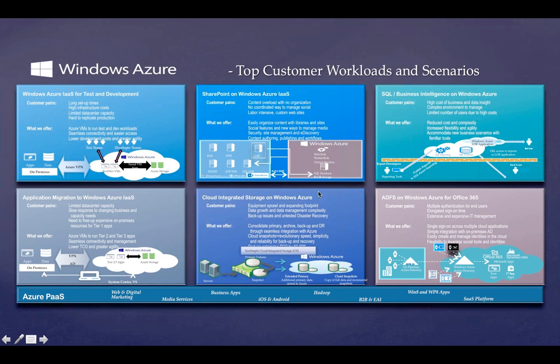I don't want to go through each one of those, but I'm sure you get the gist of it. There are certain situations where you want to carry out some of the business intelligence workloads on your existing data, existing applications, some of the data that is residing in your enterprise, but possibly you do not have the compute capacity to manage those loads efficiently. You can leverage Windows Azure for that, moving some of those business intelligence workloads into the cloud, get the data there, carry out the analytics, and bring back the results.